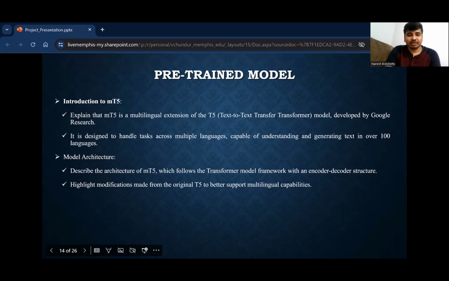With its robust architecture and extensive language coverage, MT5 stands at the forefront of multilingual natural language processing. It caters to diverse linguistic needs, offering a powerful solution for global applications in translation, text generation, and also in other language related tasks.